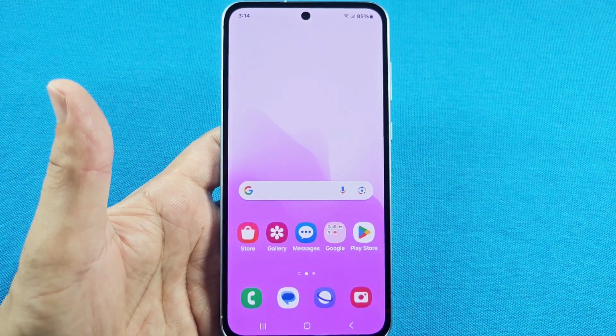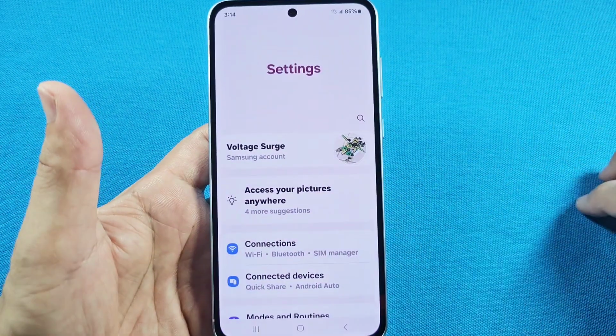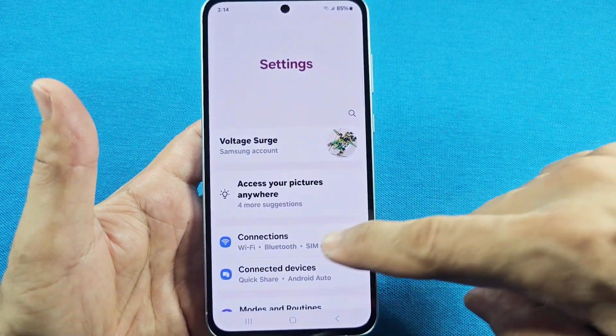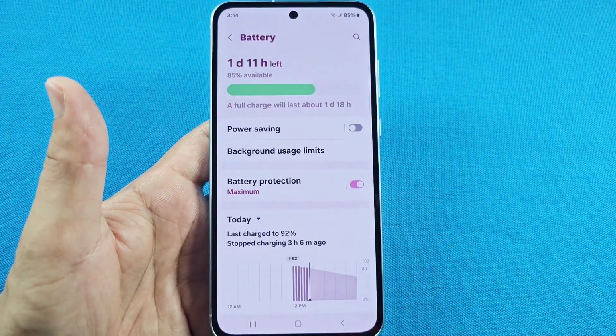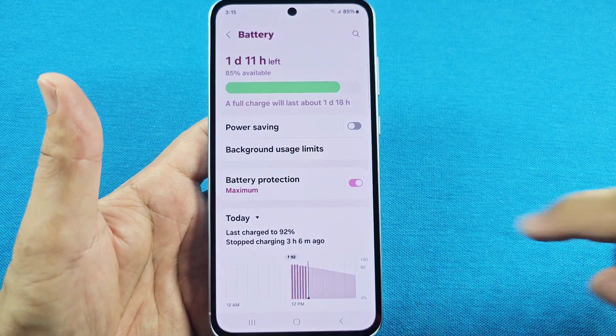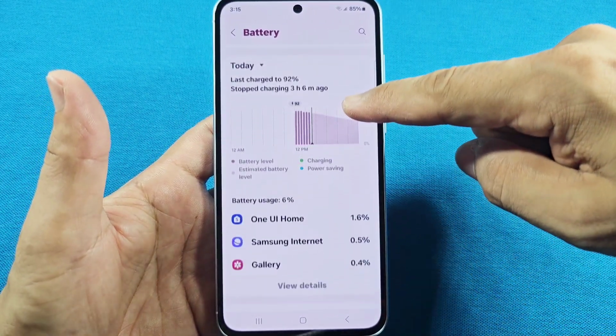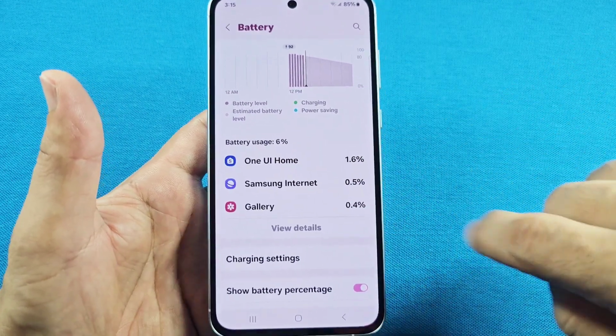To view the battery activity, use the quick panel access, tap on the settings icon here, then you'll be taken to your main settings. Now go down until you see battery. Once in the battery section here, you're going to see all these different options for your battery. Go down a little bit here until you see the battery usage, where the percentage is, and you want to